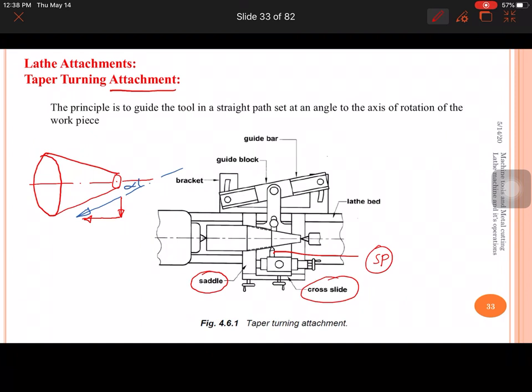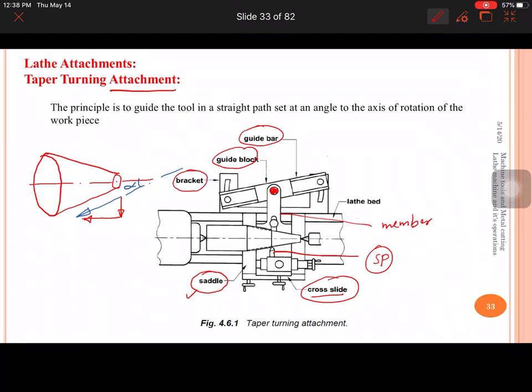The first step whenever we are using this taper turning attachment is to delink this cross slide from the saddle. And this cross slide is connected to this guide block by using this member through this pin. This is the pin which is used to connect the member and this guide block. The other parts related to this taper turning attachment are the guide bar and bracket.